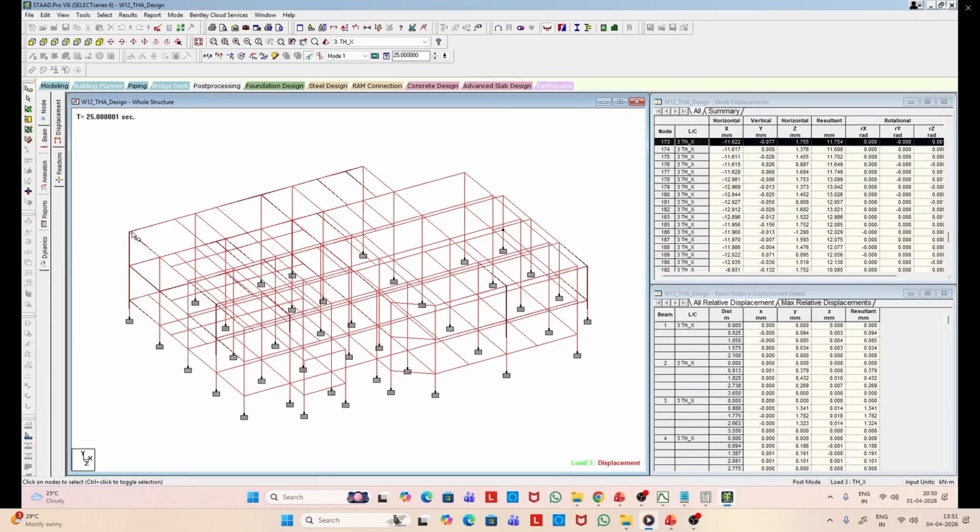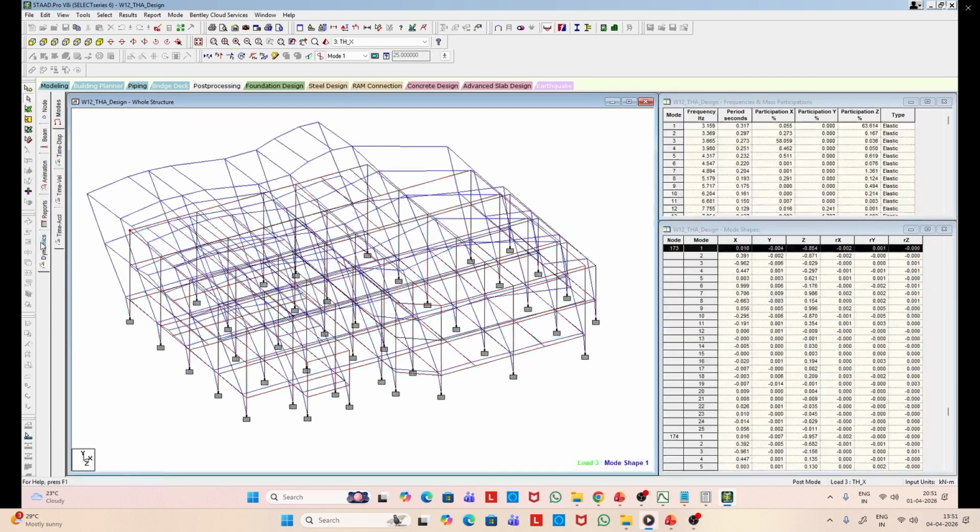So you can select the time in seconds, and then for that you can select a node and you can see the response of the structure. So you can see the deformed shape here.